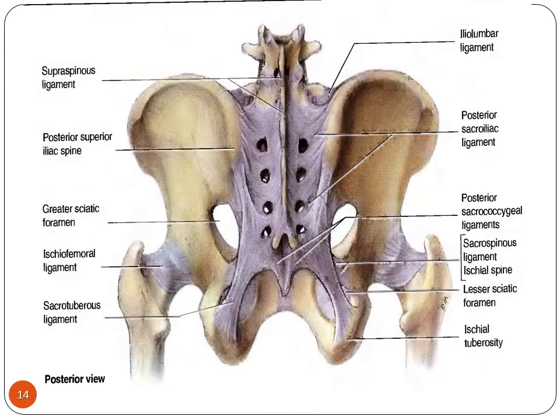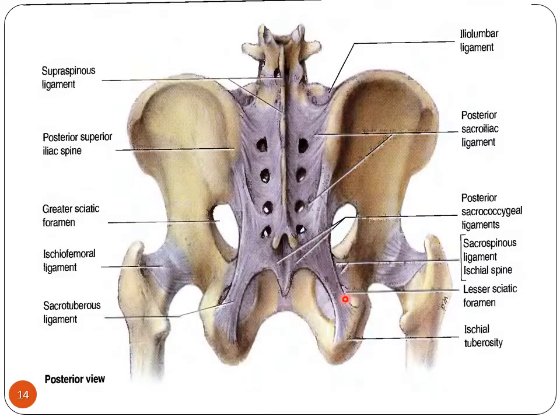So the gluteal region is seen from behind. You see this behind, there is a supraspinous ligament. This is the posterior surface of the iliac spine. This is the greater sciatic foramen. This is the sacrotuberous ligament and ischiotuberous. This is the ischiofemoral ligament. Ischiofemoral ligament, sacrotuberous ligament, from behind, or the posterior view of these two ligaments, and you can easily see this foramen. This is the greater sciatic foramen.